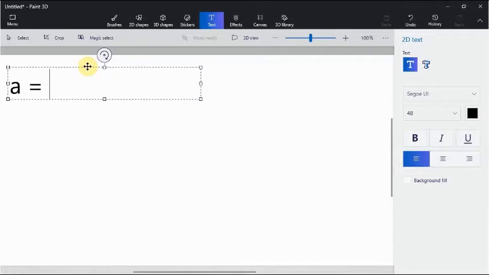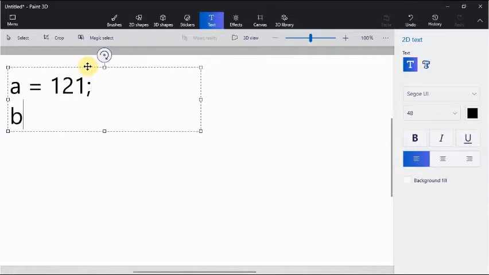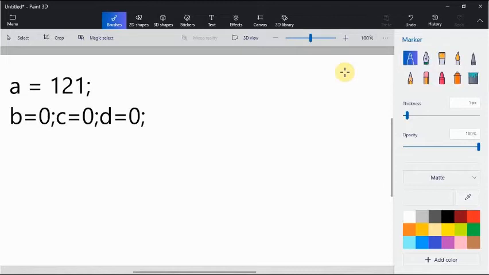Let's take the number 121 itself. A I'll assign to be 121, B to be 0, C to be 0, D to be 0. We'll try to formulate the palindrome of A, like the reverse of A, using B, C and D, and then we'll check if the formed number and A are equal.